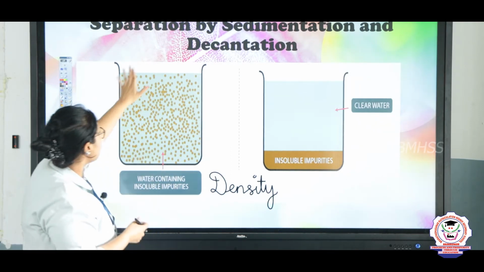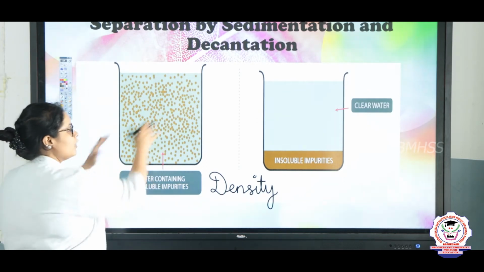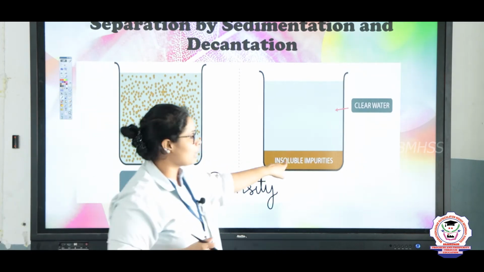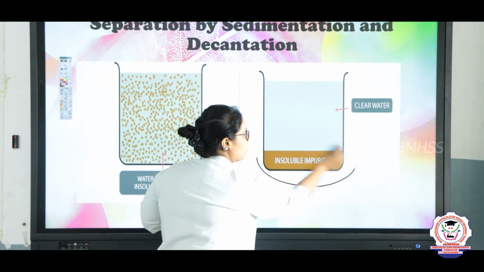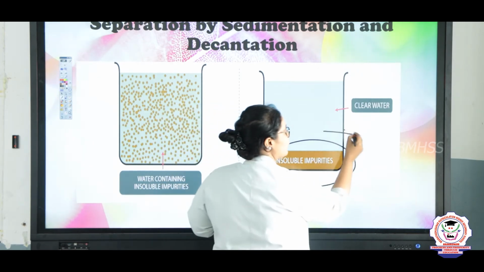So what we are doing is, here we have taken the sand and the water. When I am adding the sand into the water, you will say that it is getting settled down. So the image will come like this. When the image is coming like this, you will see that this solution is known as supernatant solution.